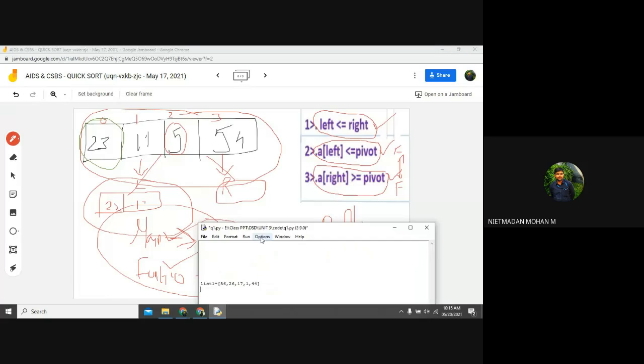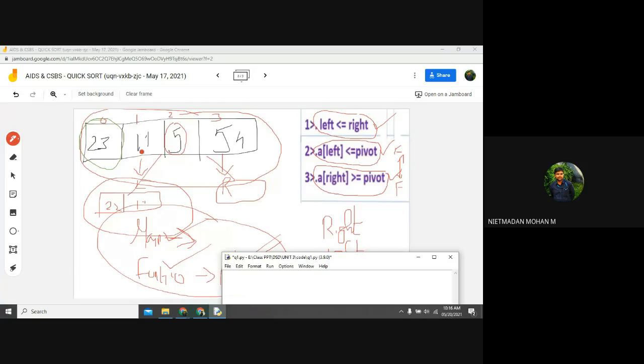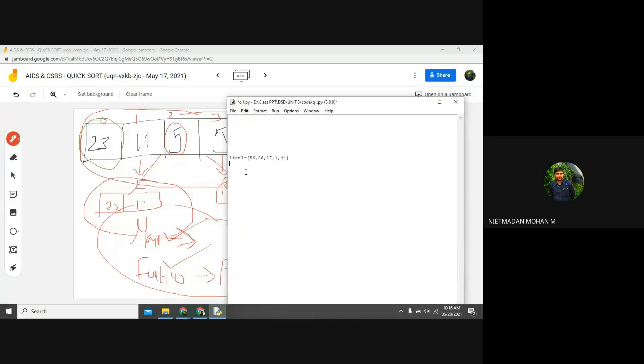Before going to the function, the program requires that we define a left value and a right value. For that, we need the length of the particular list. So I'm taking L is equal to length of list 1.